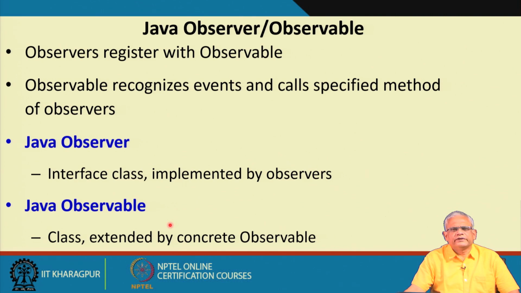I do not have a very good answer to that. Possibly the Java Observer and Observable implementation is very old, and possibly they did not implement an interface here. Observable is not an interface, but by sound design principle, the observable should have been an interface. So I can point out that this is a shortcoming of the Java Observer that has been built into the Java language.